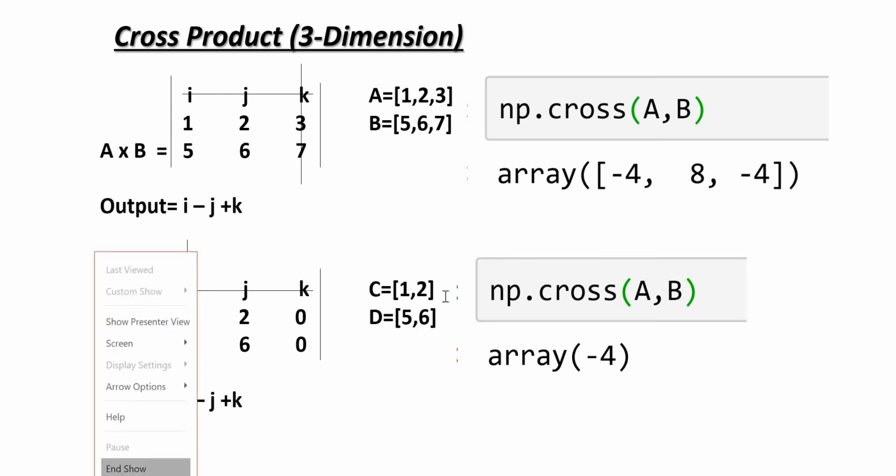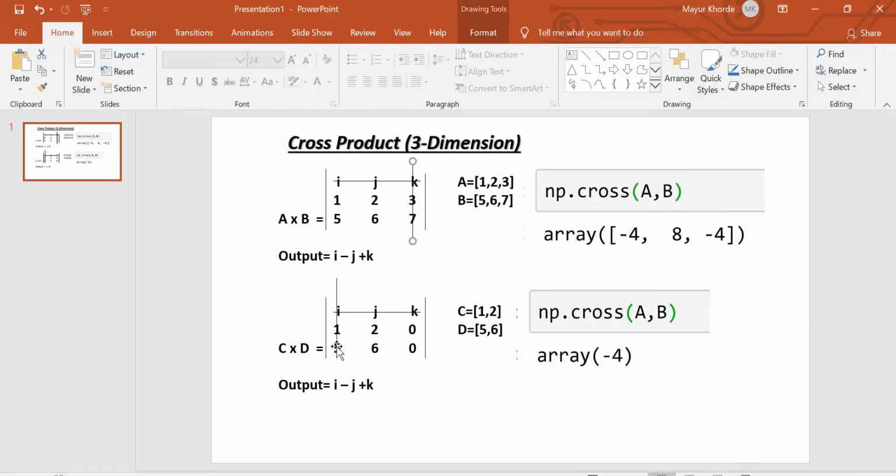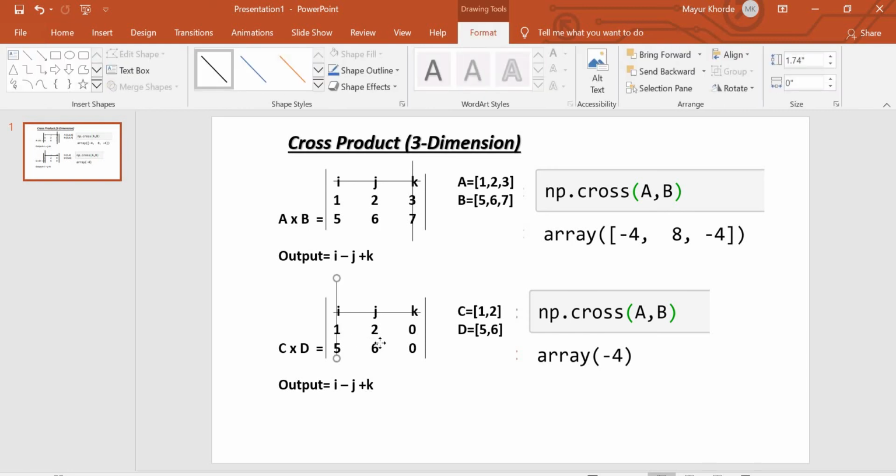Now let's say I want to find the value of I. So we'll cross multiply these two. 0 into 2, that is 0, and 6 into 0, that is 0. So the I element is 0. Right, now we'll find the J element. We'll hide this J and this line. Now we'll cross multiply this 0 into 1, that is 0, and 5 into 0, that is 0. So J element is also 0.